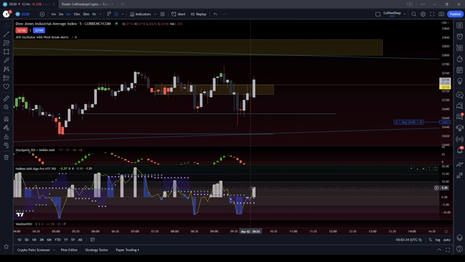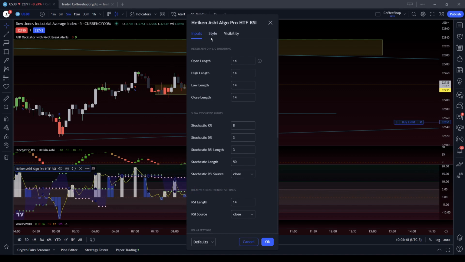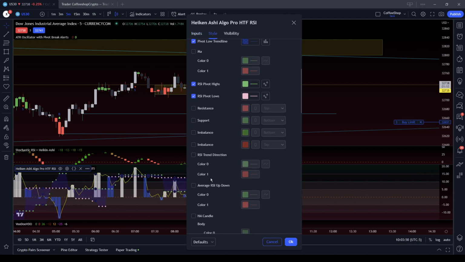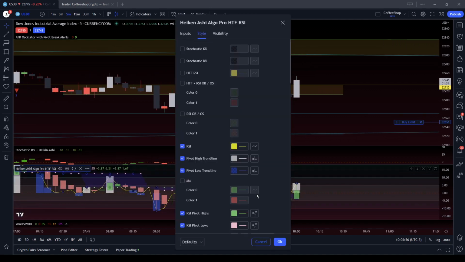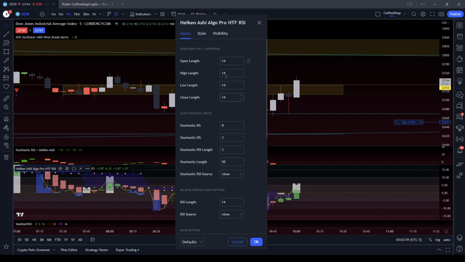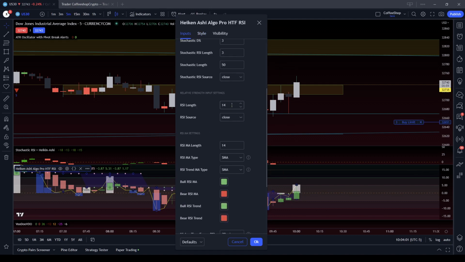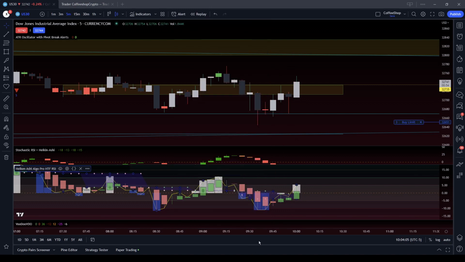You'll notice in the latest release of the heikin-ashi algo that the RSI is no longer locked to the tip. You'll see that I don't have any heikin-ashi candles on here, right? The RSI is no longer locked to the tip of the candles. You can now adjust that. I have my candle set at 14 and my RSI set at 14. But if I set my RSI at like 50, you'll see that